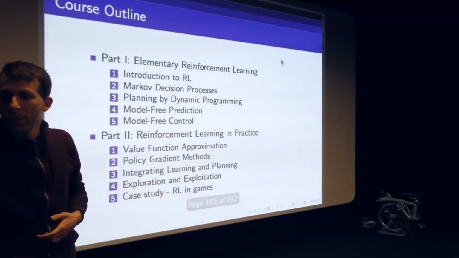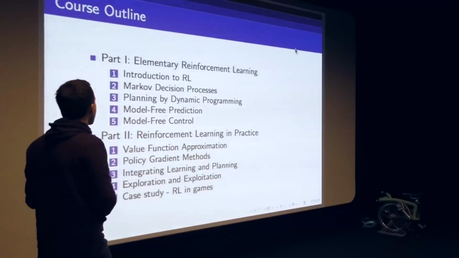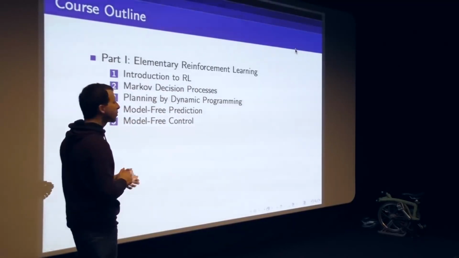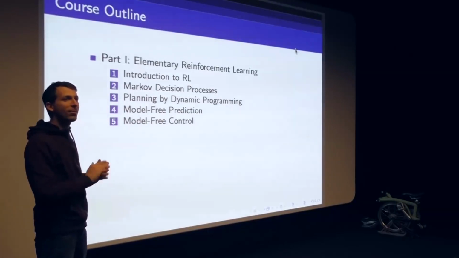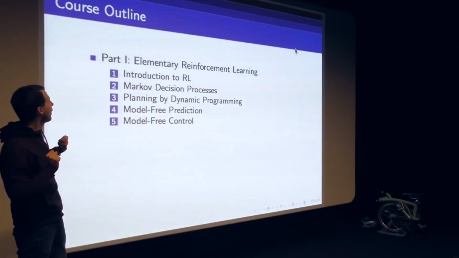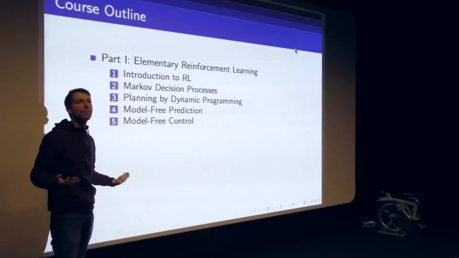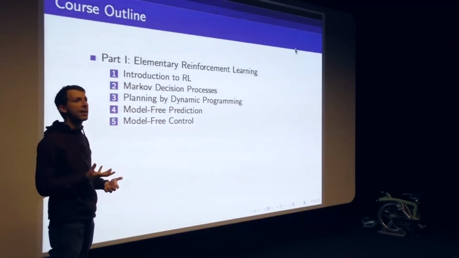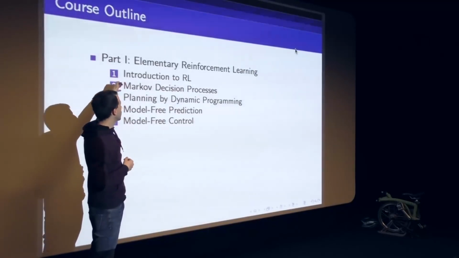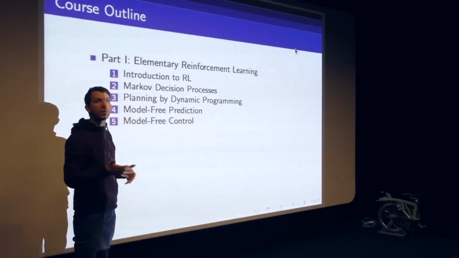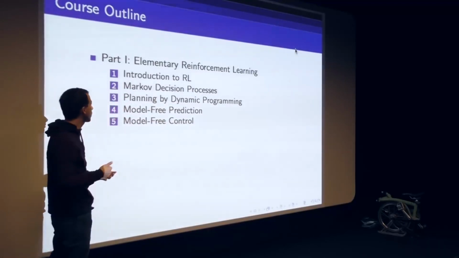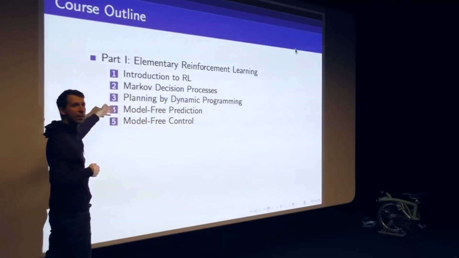Okay, I just want to finish with the course outline, so people understand what's coming next. The course is roughly divided into two halves. I'm afraid because of last week it won't align with reading week, but we'll figure that out as it goes. The first part covers the basics, a really fundamental understanding of reinforcement learning. So introducing the problem we've just done, understanding Markov decision processes, how to plan, solving the planning problem using dynamic programming, which is the elementary building block that underlies all of this, and then understanding model-free methods for both